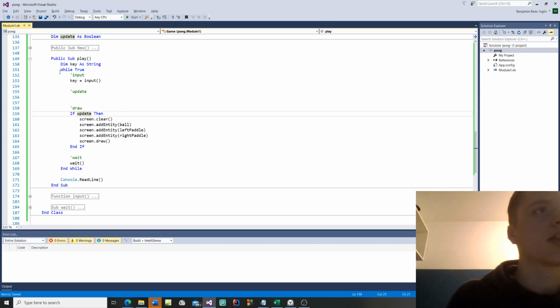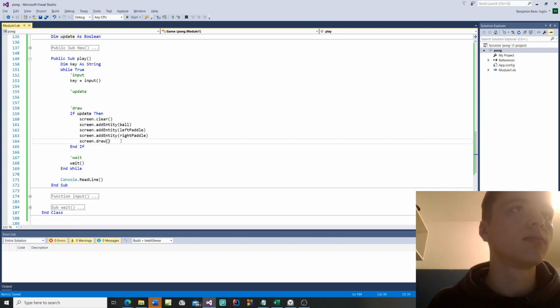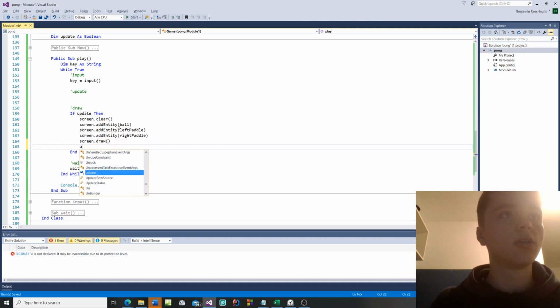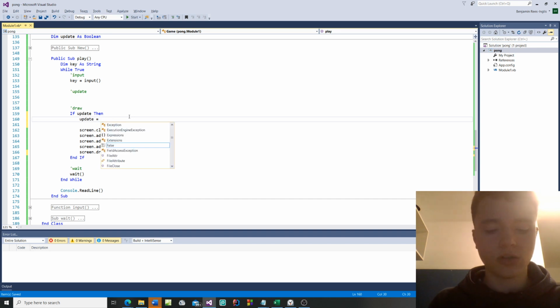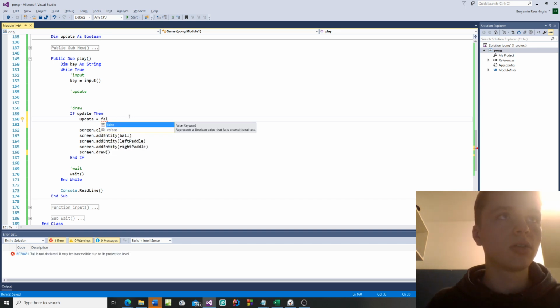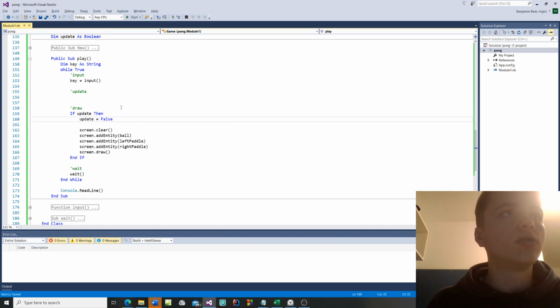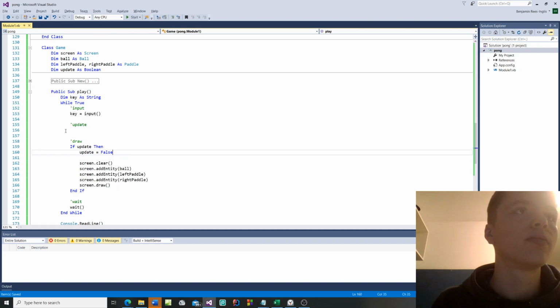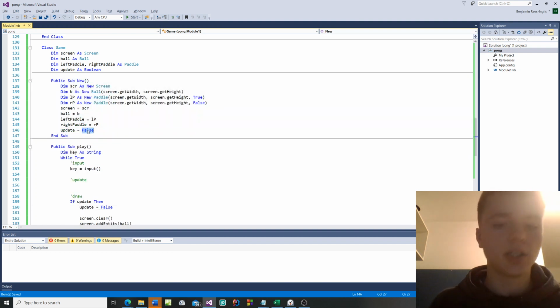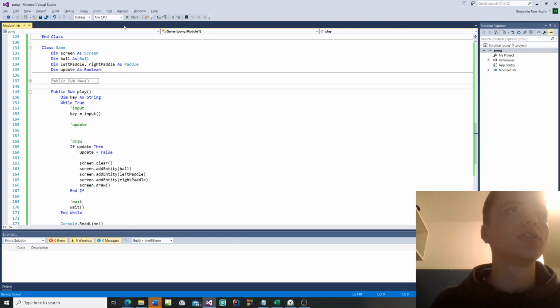So if there's an update, then, and at the start of update we'll set update equal to false. So it'll go around like this. Actually that doesn't make sense. You want to draw it and then you want to set update equal to false. Actually it's probably best if you do it straight away, that way we're not going to forget anything. You've taken the update, it's worked. Straight away it goes back to false. Which means the first time we want update equal to true, because that means we want to draw the first time around. So now when we run it,